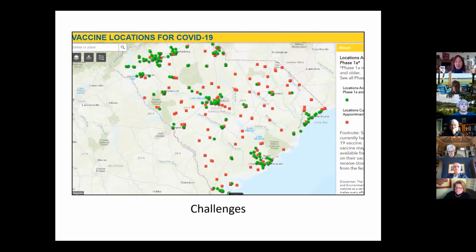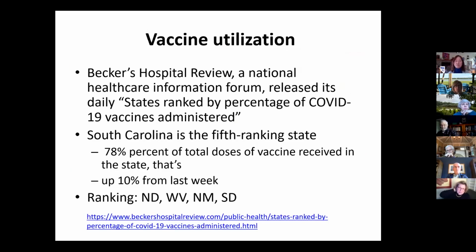We do have a 1-800 number right now on this website as well. So if people are trying to do this and having trouble, they can call for information, call for instructions. And also we are partnering with AARP, because we know, especially a lot of elders, but not just older people, not everybody is tech savvy, not everybody has an email address. We are working with AARP. They want to set up a 1-800 line so that people can just call them and they will make an appointment for them.